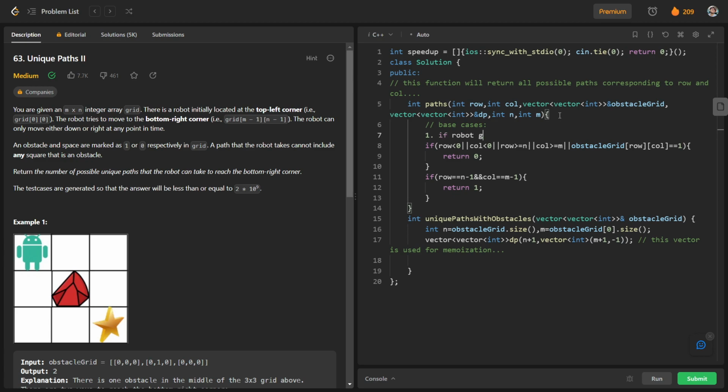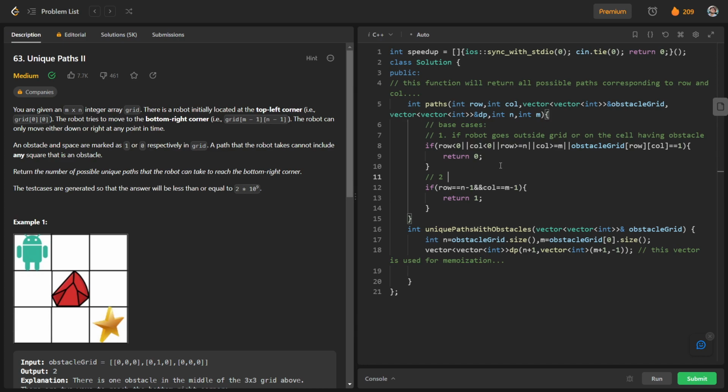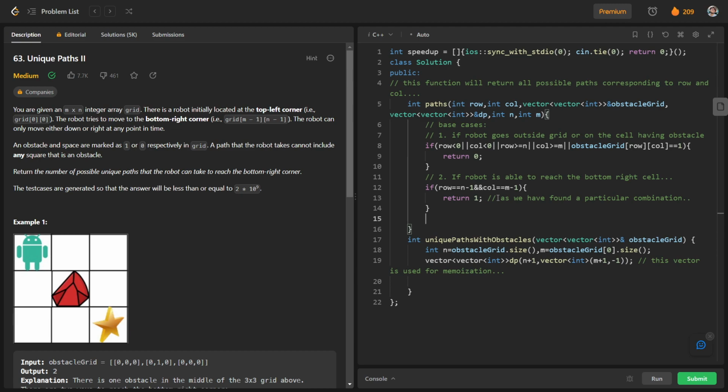If the robot goes outside the grid or onto a cell having an obstacle. And the second base case is that if the robot is able to reach the bottom right cell, which is the desired outcome, we will just return 1, because we have found a particular combination.